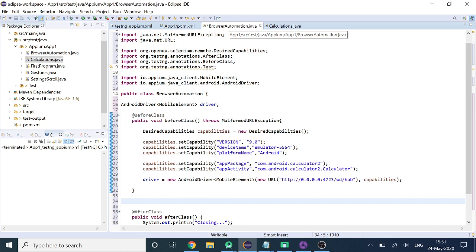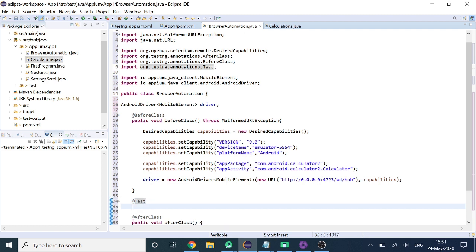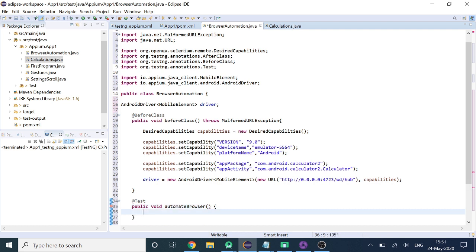Now we'll create our test method. Just give any name. That's it. There are a few changes. I'm going to use version 10.0 inside the emulator itself.